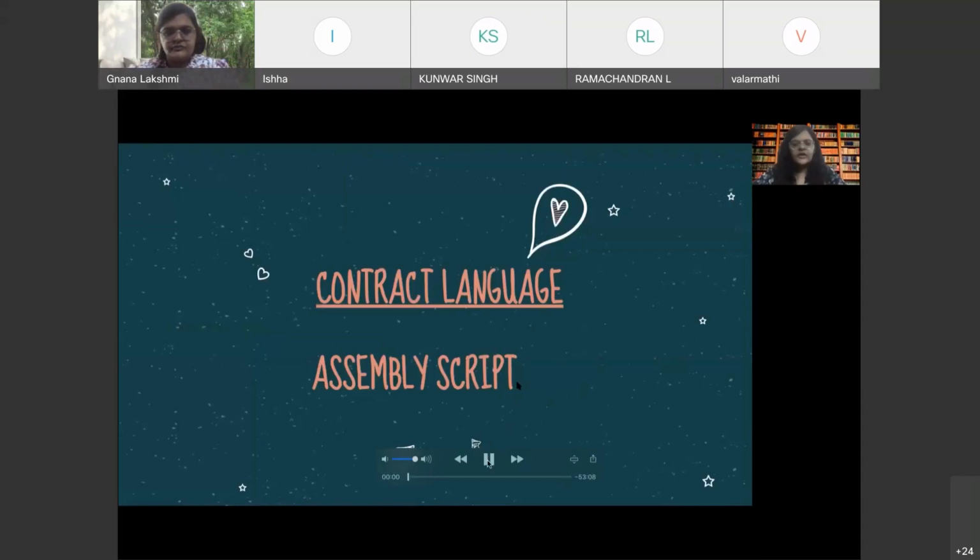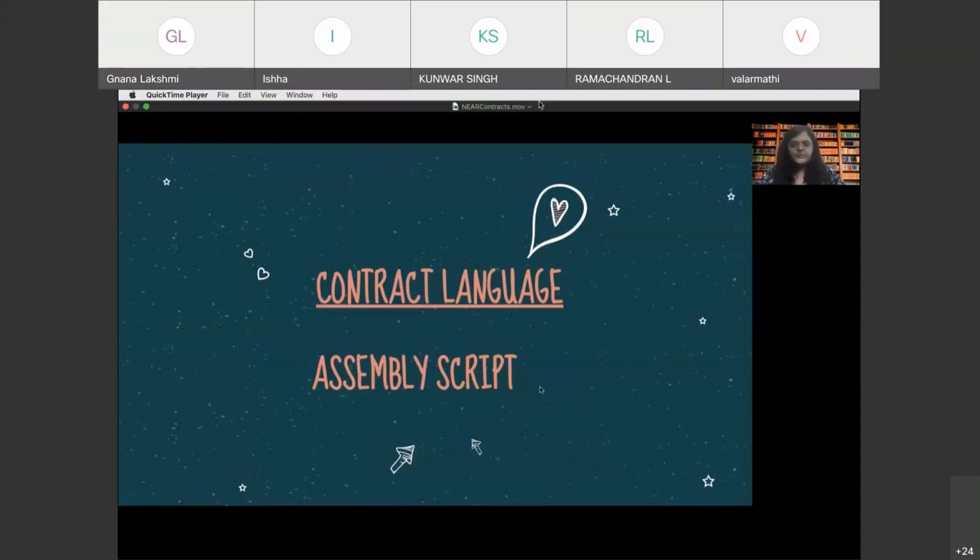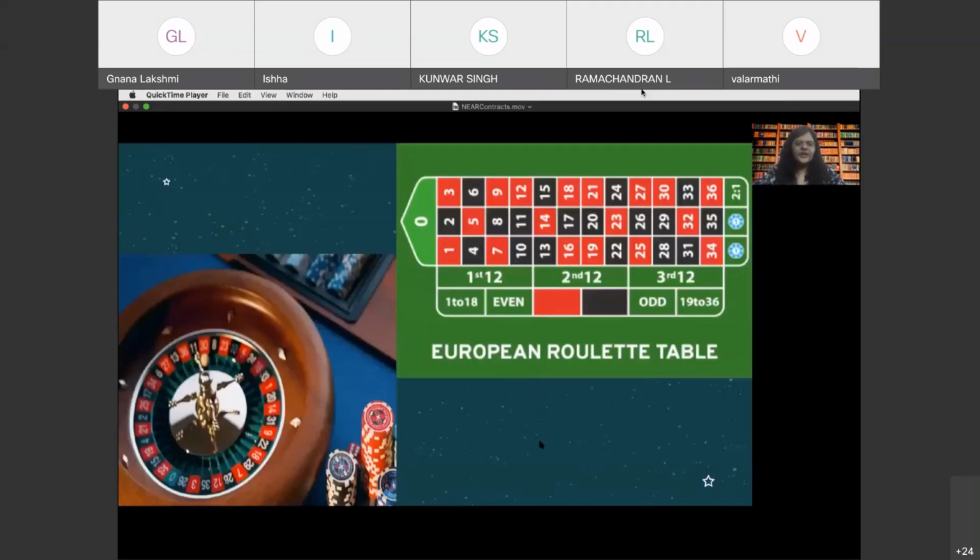The contract language of our choice is AssemblyScript. NEAR contracts can be written in either AssemblyScript or Rust, and we have chosen to go ahead with AssemblyScript. So what are we going to build today? If you can see the image over here, there is a roulette wheel on your left and the roulette board on your right on which the betting happens. We are going to build a very simple contract.